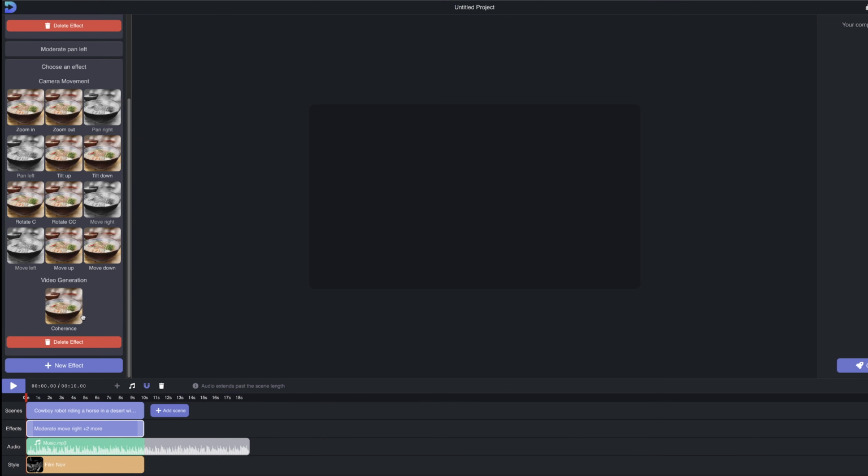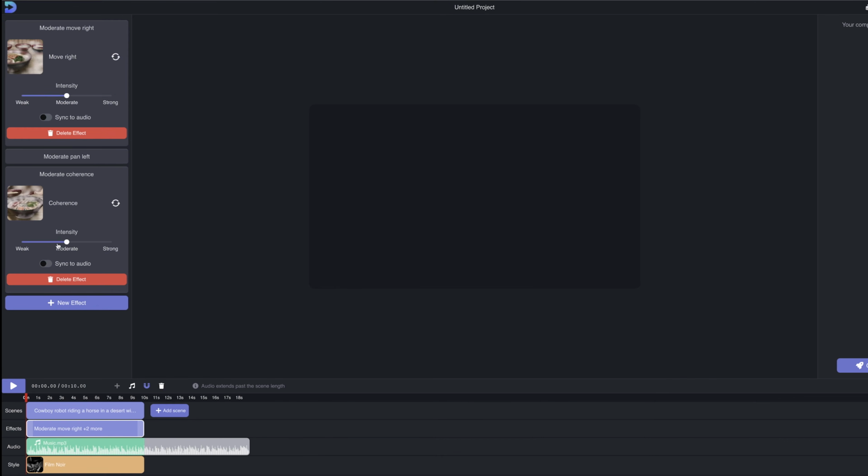Scroll down to video generation and there's one called Coherence. This dictates how much shifting there is in the image. You can increase or decrease the coherence. So the stronger it is, the less flickering or the less changing there will be to the image. And the weaker it is, the quicker it's going to change and shift to different visuals much more quickly. I'm going to keep it at strong because I actually prefer it when there isn't too much change,